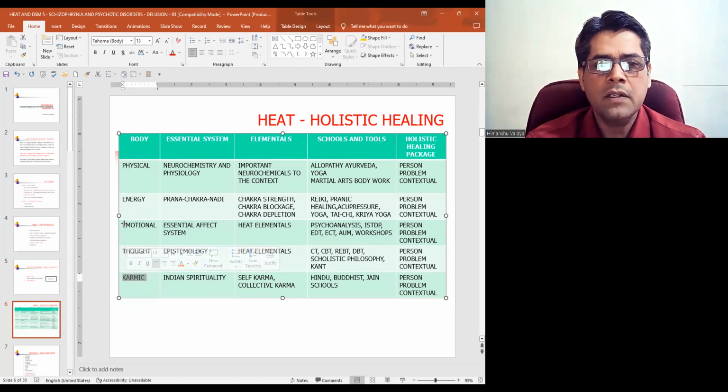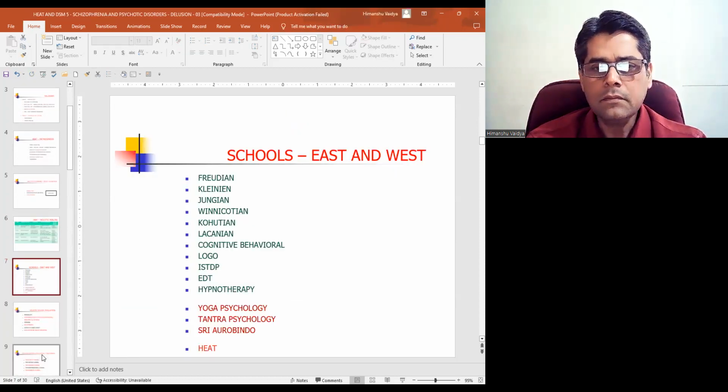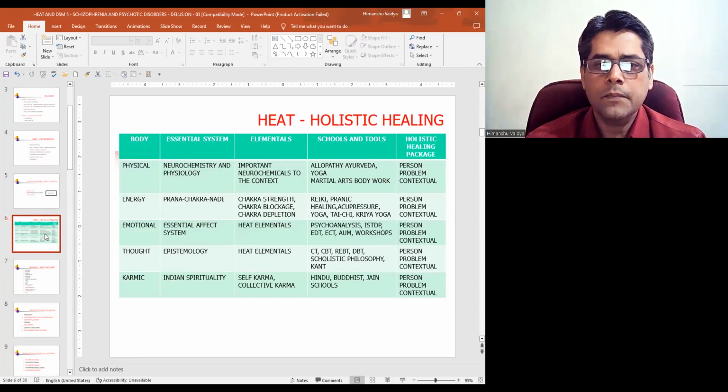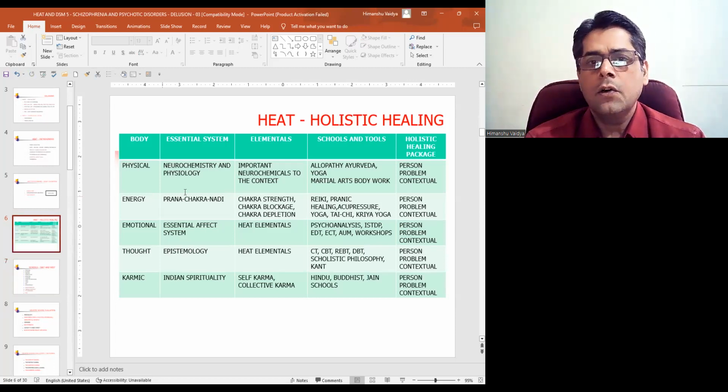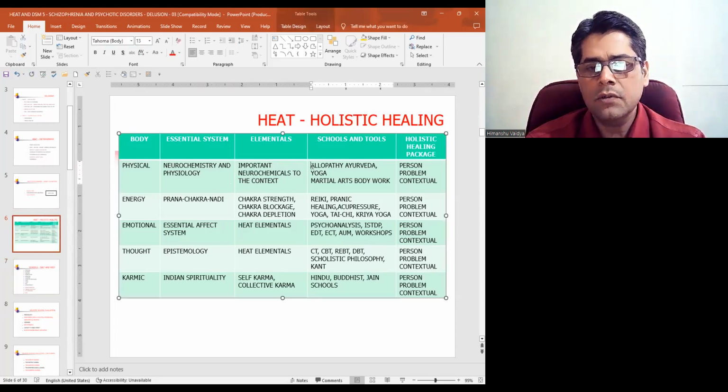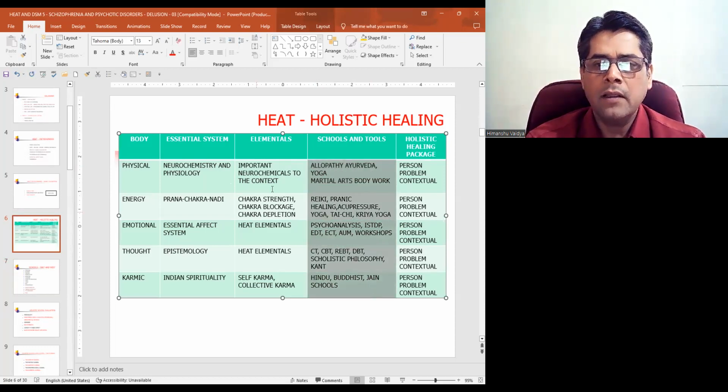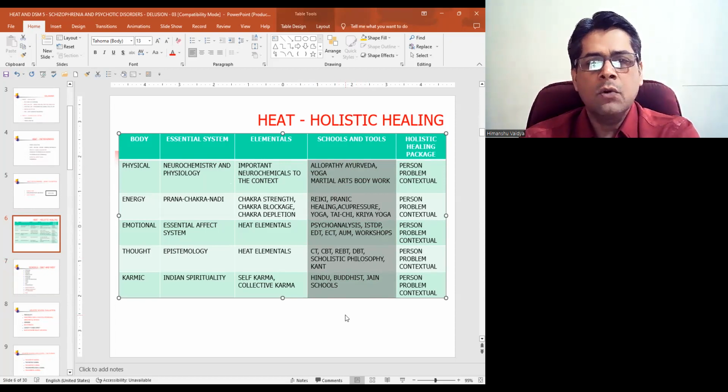Second important foundation is in the emotional body. Third in the thought body. Then in the physical body perhaps, and then in the energy. So this allows us to see what tools are available, and this can be a comprehensive list from which we have to find out what to apply for this particular person. And one can always go into details as to in each body